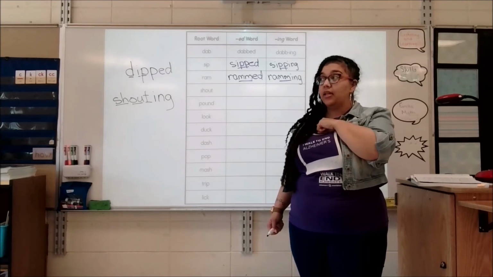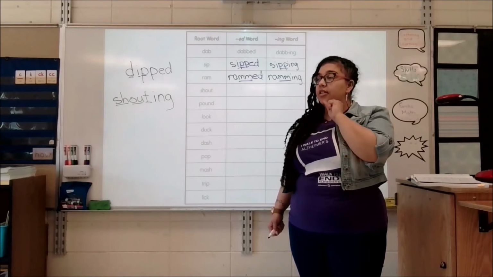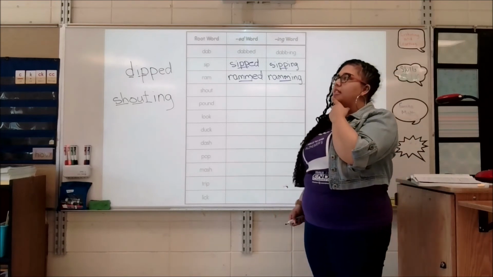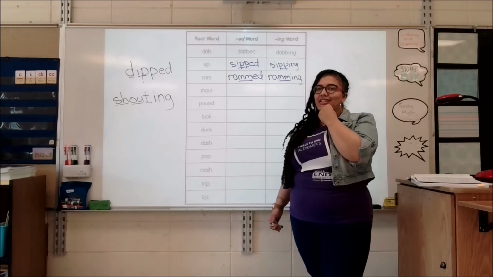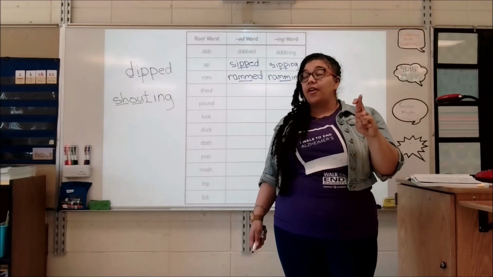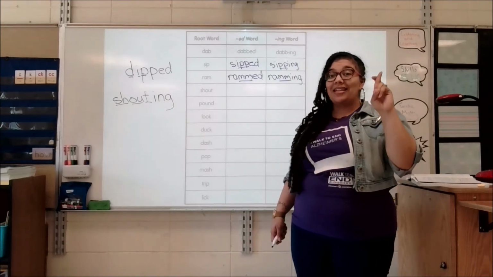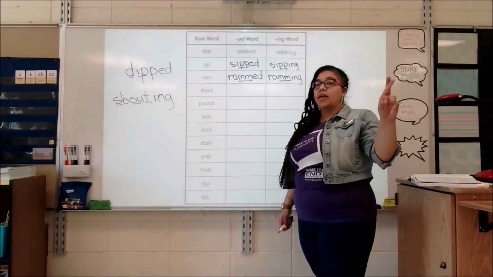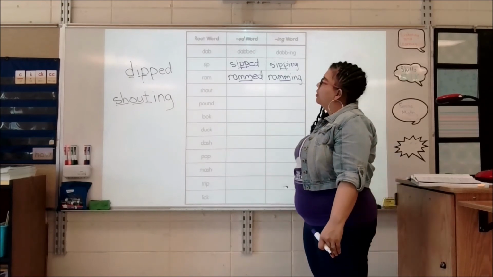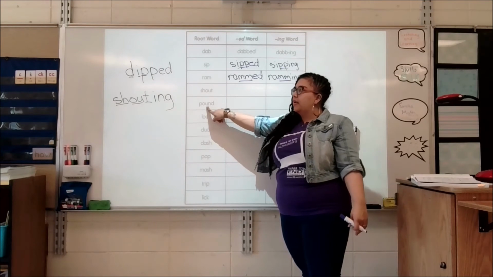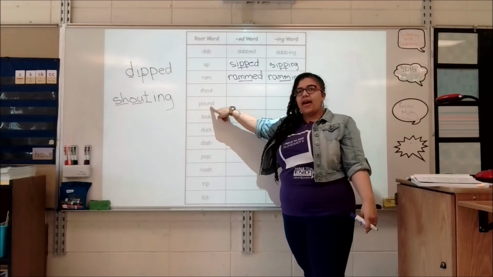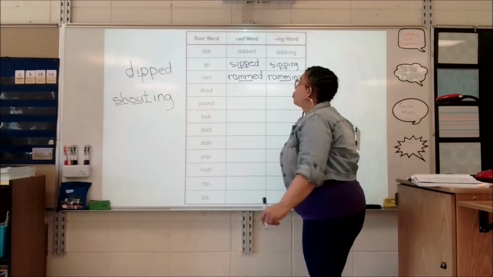Which means, answer this question, is that short or long? Well, it's not long. Is it short? Plain and simple. Is it short? Yes or no? No, it is not. It's a digraph. The answer to that question was no. It is two vowel letters coming together to make a brand new vowel sound. The sound ow. But also, even if this was like pond or something, there are how many consonants after the vowel? 2, which means